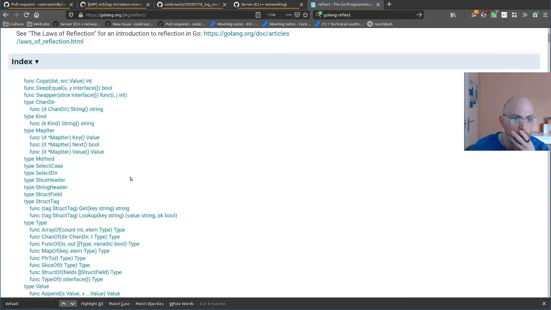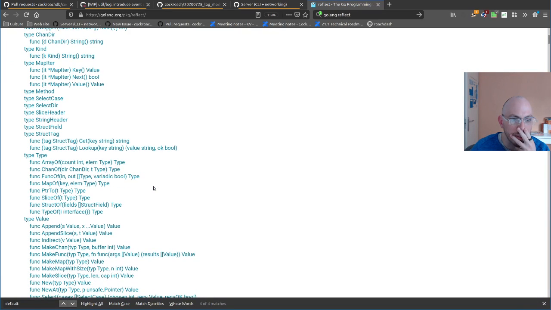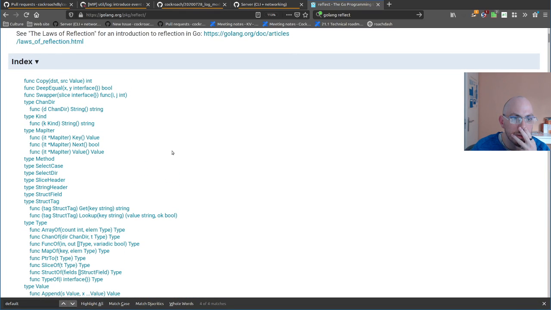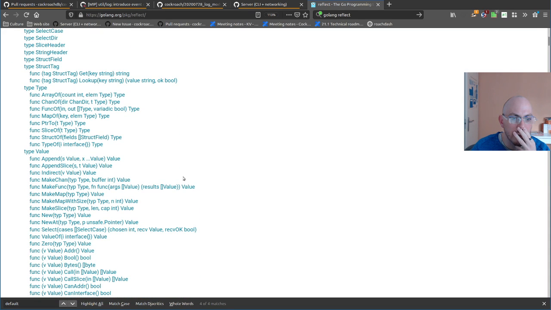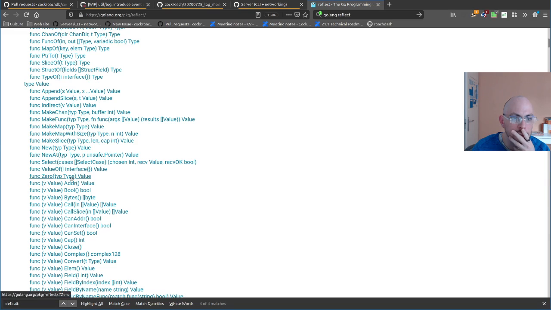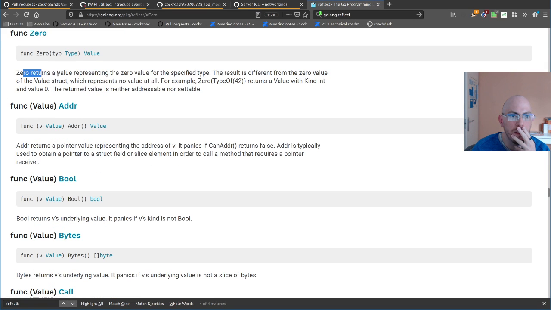There is a way to construct a value out of thin air, and when I do this, I get a default value of that type. How does this work again? It's a Zero. There we go. Zero returns a value representing the zero value for the specified type. So the result is different from the zero value of the Value struct, which represents no value. So that's okay. That's what we want.